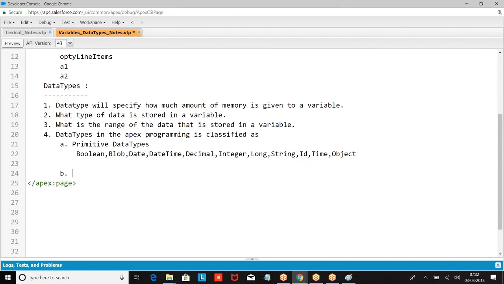Then we have sObjects. This will refer to objects in the Salesforce database, like account, customer.